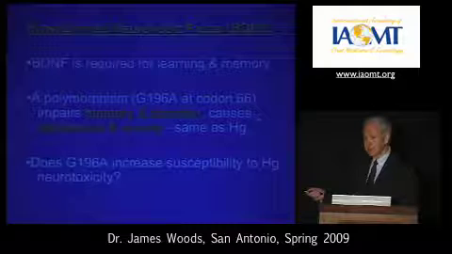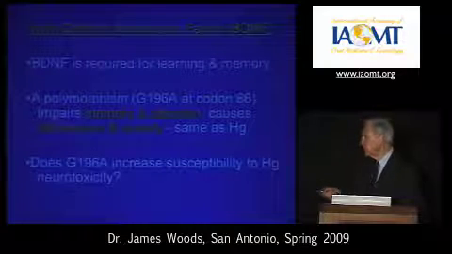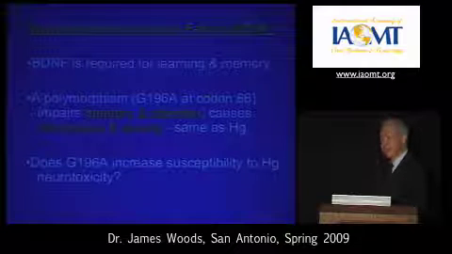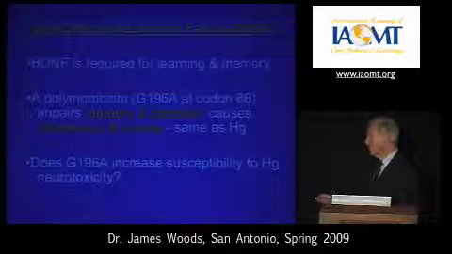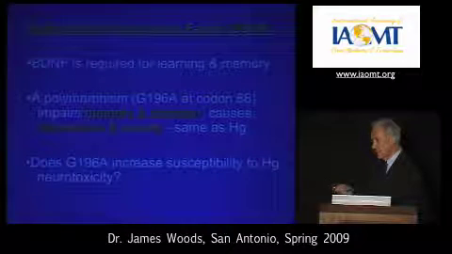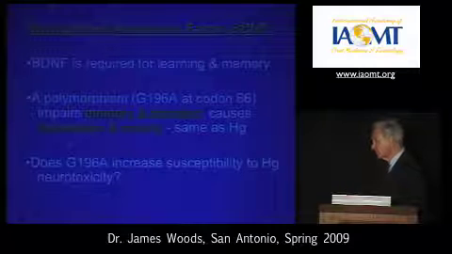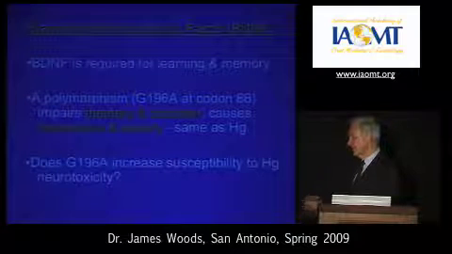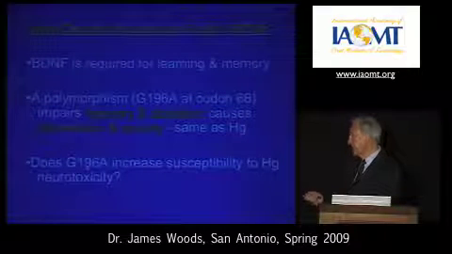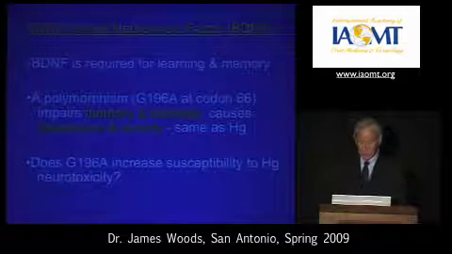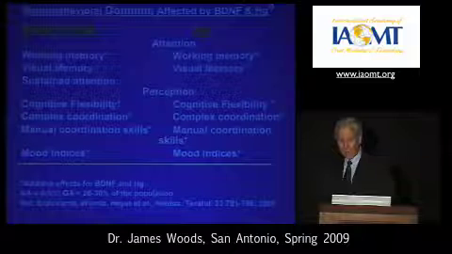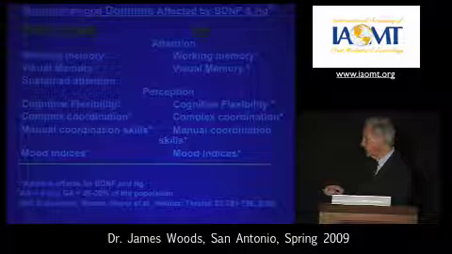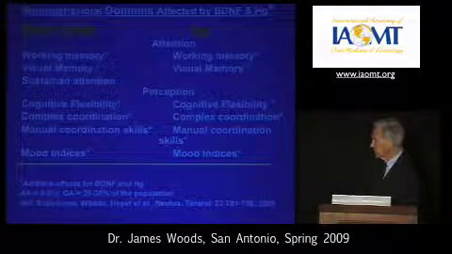A polymorphism has been well described in the literature as associated with impairments in memory and attention, and people with this polymorphism are known to suffer a greatly increased prevalence of anxiety and depression, same as you see in people with mercury exposure. So the obvious question begged is, does this polymorphism increase susceptibility to mercury neurotoxicity? And here again, just looking at the same parameters that we know are associated with mercury, we went back to the dental population,